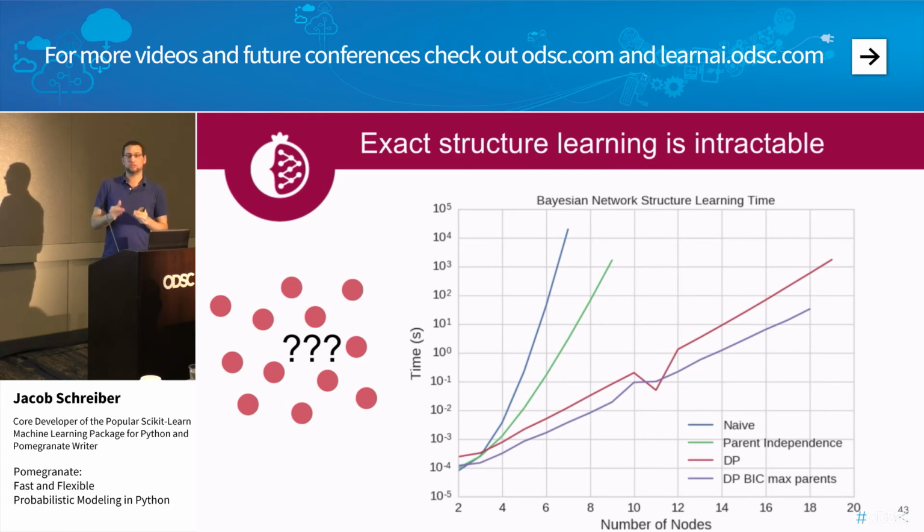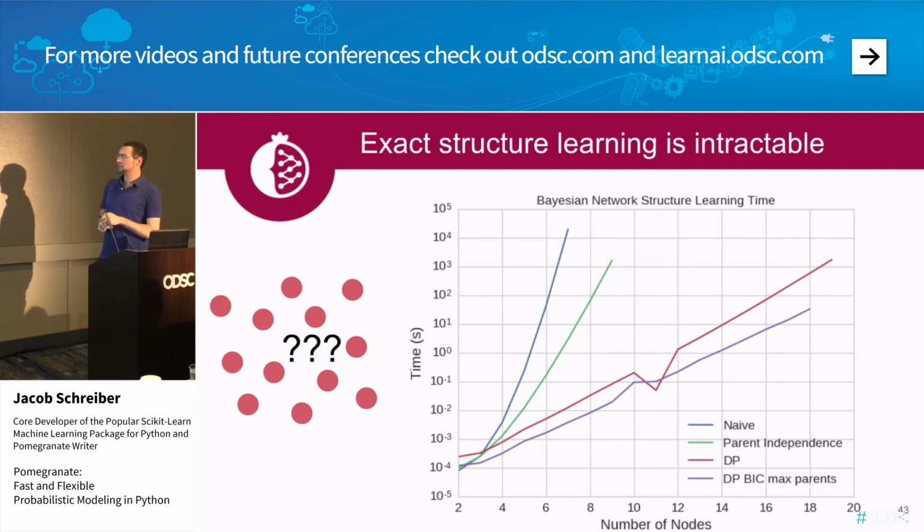There are a ton of directed acyclic graphs that you would want to go through and try to find the best one. It actually takes a super exponential amount of time. You can see that here in the blue, that when you get to 6 variables, it already takes 1,000 seconds. When it gets to like 8 variables, it's probably totally not going to work at all. And unfortunately, most problems have more than 8 variables.